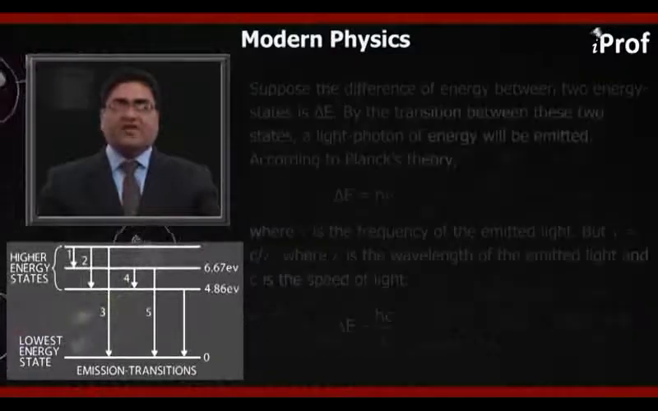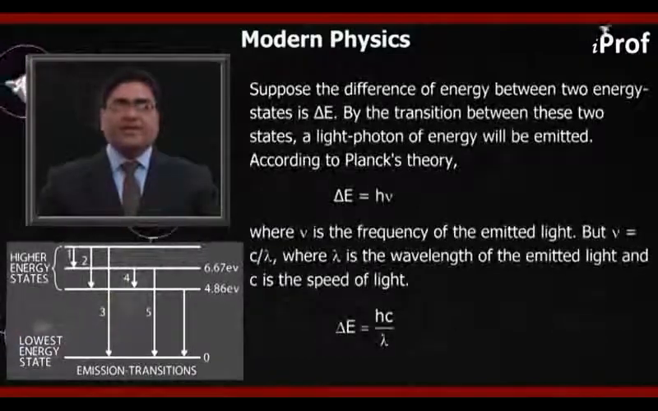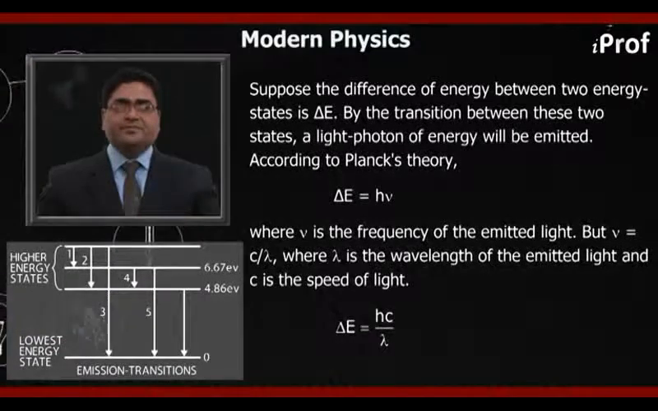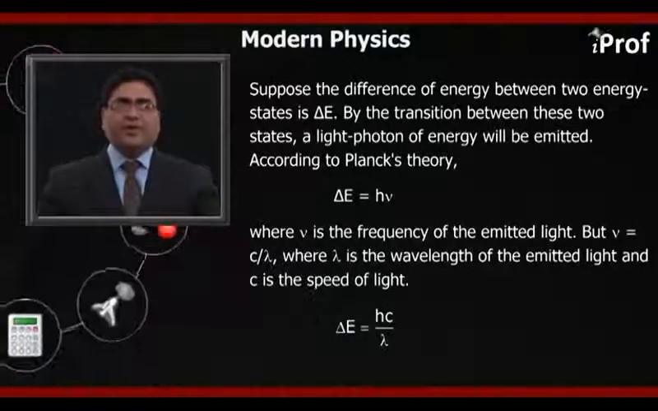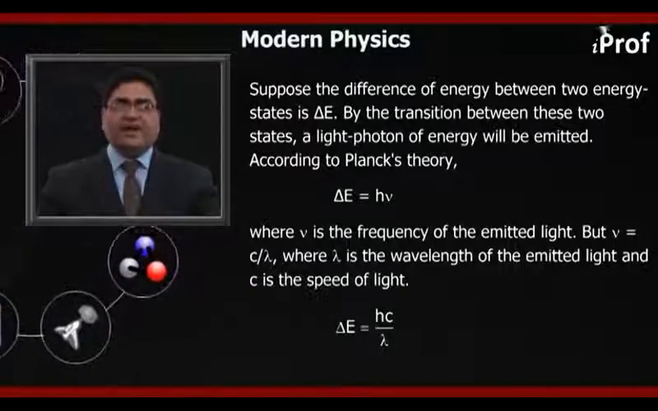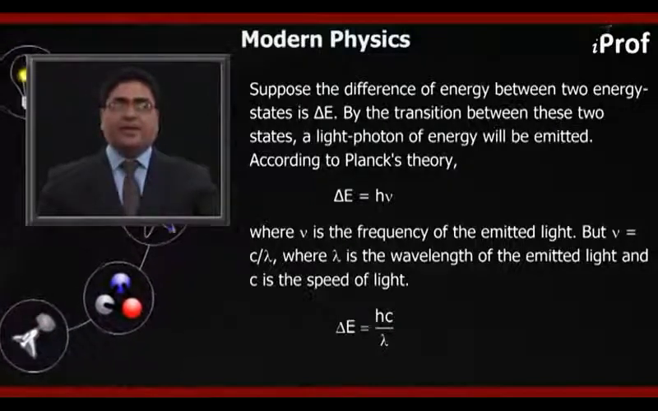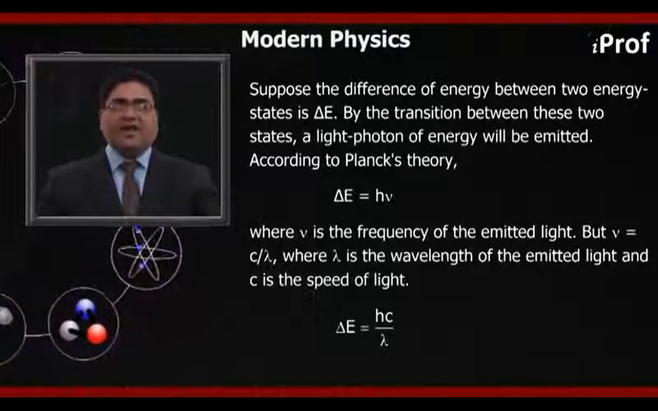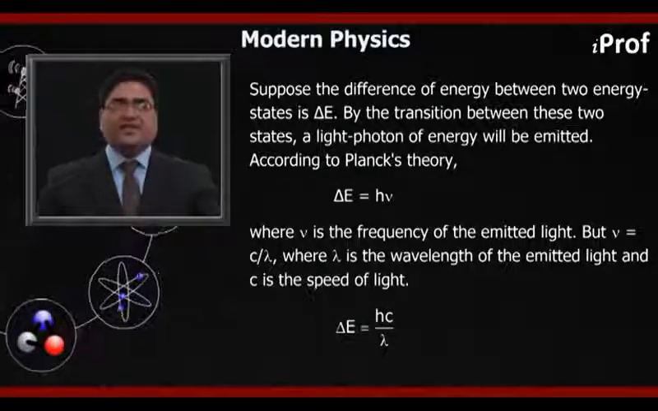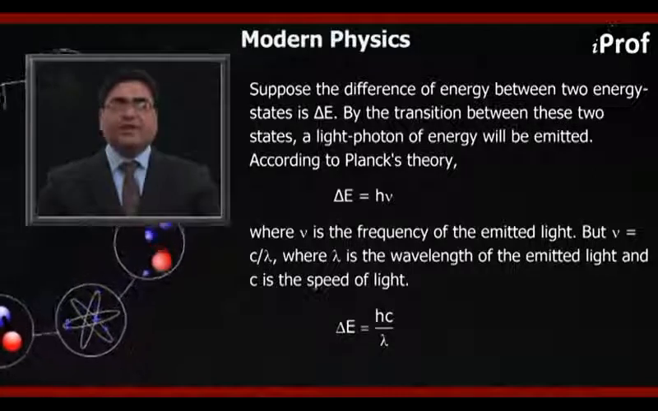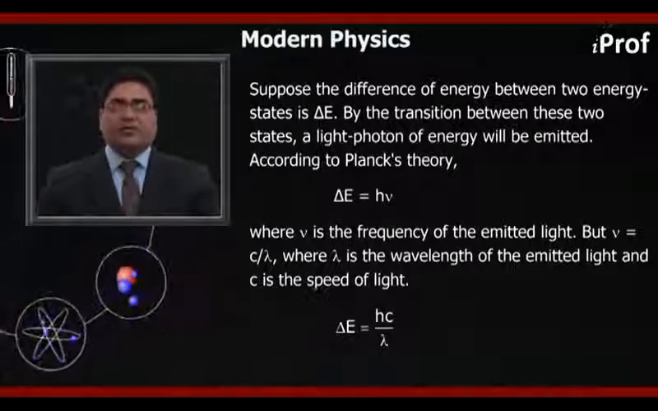Suppose the difference of energy between two energy states is delta E. By the transition between these two states, a light photon of energy delta E will be emitted. According to Planck's theory, delta E equal to h nu, where nu is the frequency of the emitted light, but nu equal to c upon lambda, where lambda is the wavelength of the emitted light and c is the speed of light. Therefore, delta E equal to hc upon